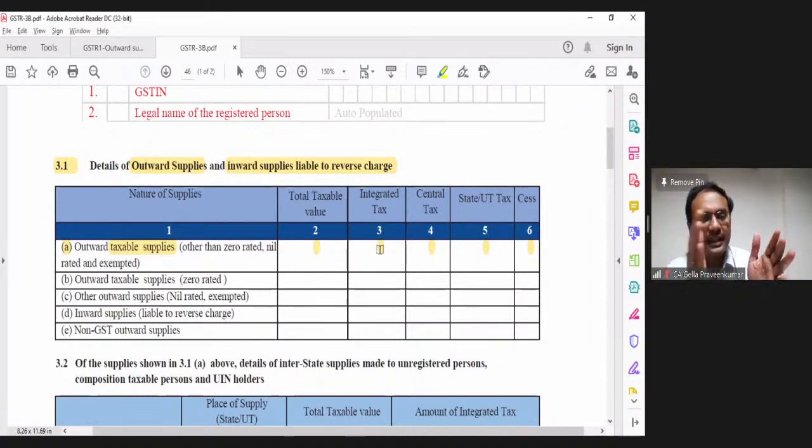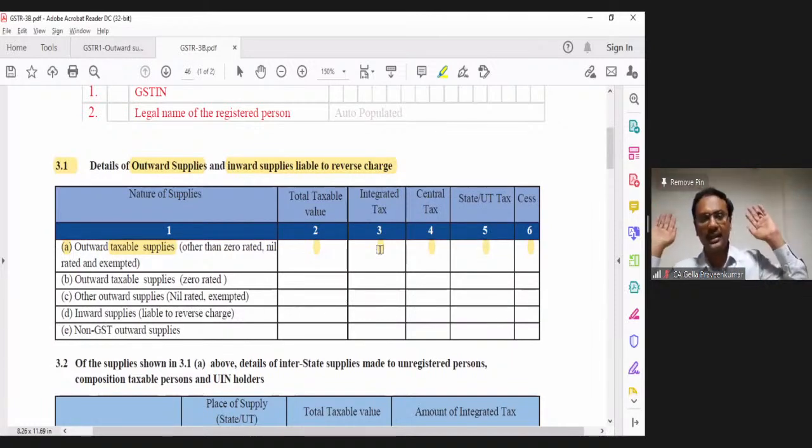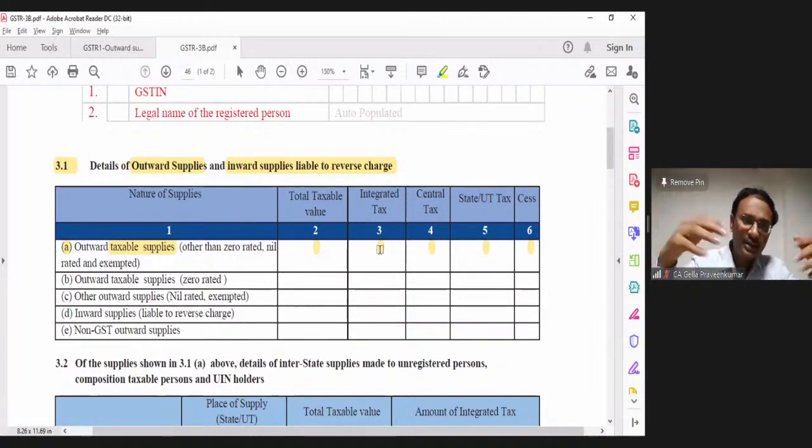in those 3 months, July, August, September, the majority of the people had an issue with this particular table called 3.1A. What happened? Taxable value was copied, and the same value was copied in IGST or CGST or SGST. The juniors didn't know that this is an auto calculation. Reason: under VAT, the moment I captured 25 lakhs, the 12% is calculated automatically. They didn't read or didn't know how to fill. By mistake, 25 lakhs was punched into IGST.